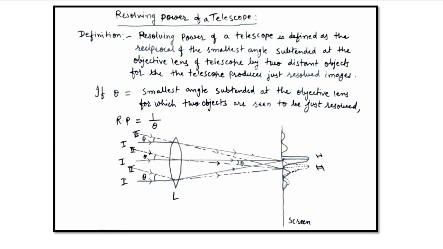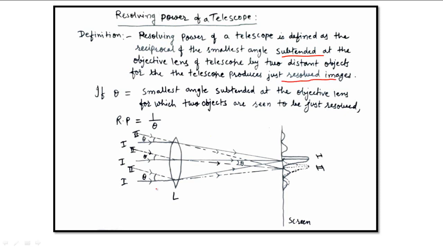Then next is resolving power of a telescope. As I already told you, a telescope is an optical instrument which is used to resolve two objects as distinct or separate, which are very far away from the position of the eye. The resolving power of a telescope is defined as the reciprocal of the smallest angle subtended at the objective lens of a telescope by two distant objects, for which the telescope produces